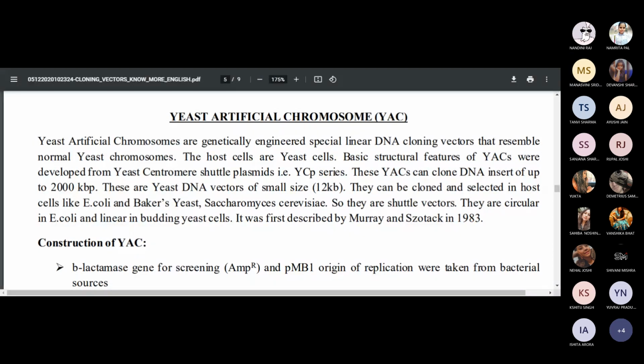Shuttle means which will take from one location and put it into another location. So which can migrate, which can move between two different things. To that we call the shuttle. There are also the vectors that we are saying we are going to use, called the shuttle vector. Shuttle vector means which can be used for both, the prokaryotic system and also the eukaryotic system. So those vectors which are able to replicate within the bacteria and also within the eukaryote, such type of vector we call the shuttle vectors.